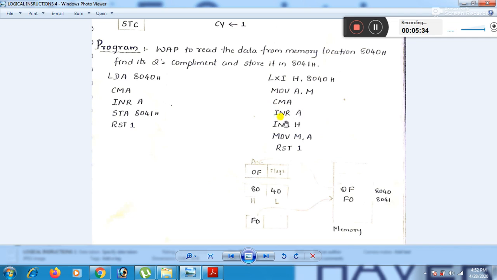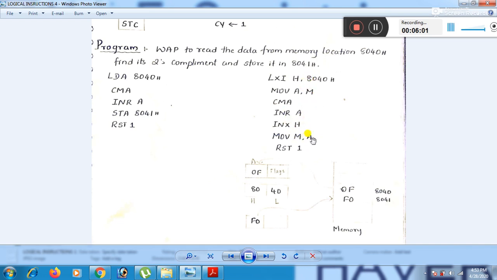Then we increment the contents of the HL pair. The HL pair is 8040, so when incremented with INX, where X means register pair, the answer becomes 8041. Then MOV M,A moves the contents of the accumulator to the memory location pointed to by the HL pair, now 8041.